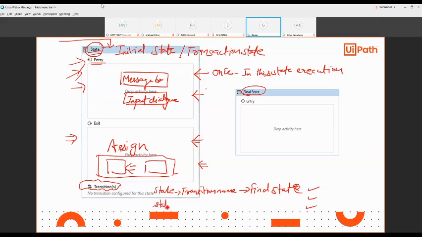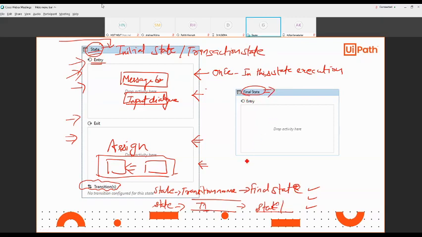The initial will be the same because we are in this state, the initial state. Then the transition name is always different. There could be a transition name such as T1. And the next state could be anything, maybe the same state or any other state. Clear? And then last it should be the final state.